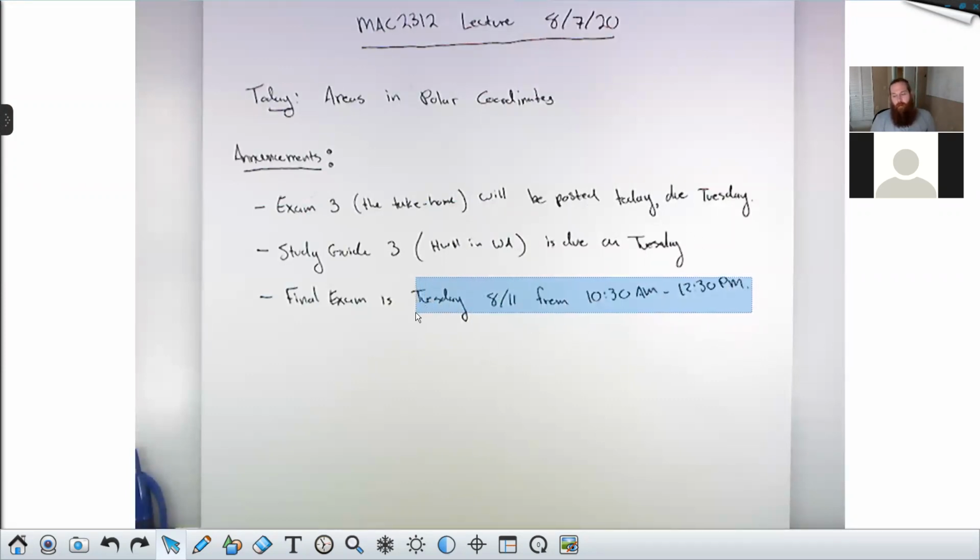Santa Fe has a strict policy about when final exams take place, because the final exam isn't during normal class time, and we need to make sure that everybody's available to take the finals for the classes they're registered in. In order to make that happen, they have a super strict schedule that I'm not allowed to deviate from. So I want everybody to put this in their phone right now. All right, set an alarm, do whatever you gotta do to make sure that you are up, awake, and ready